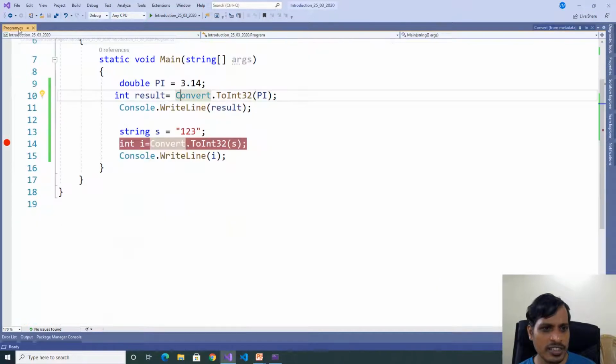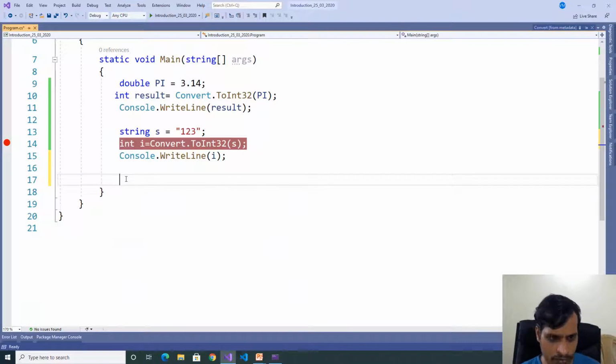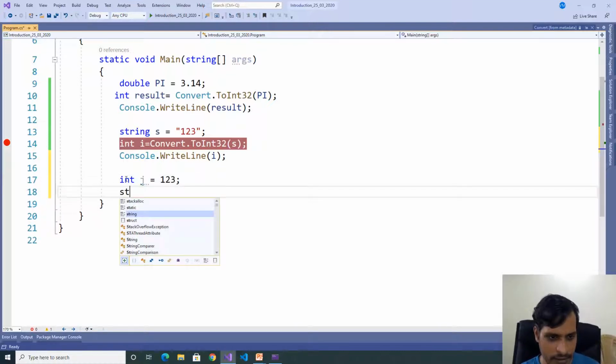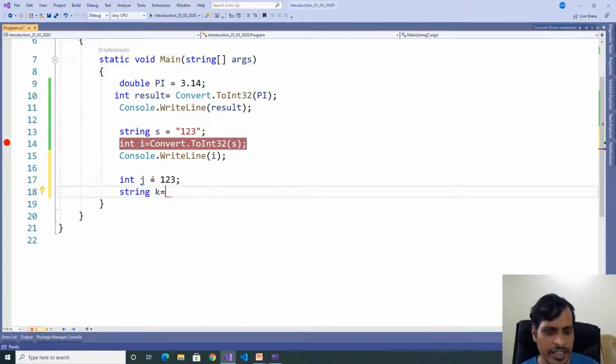Go to Program.cs. We'll write other code. Here int j equal to 123, string k equal to. Here I need to convert integer to string. What can we do?